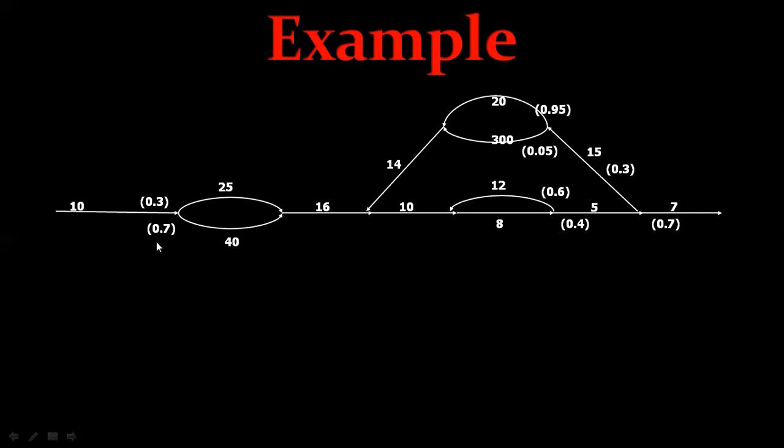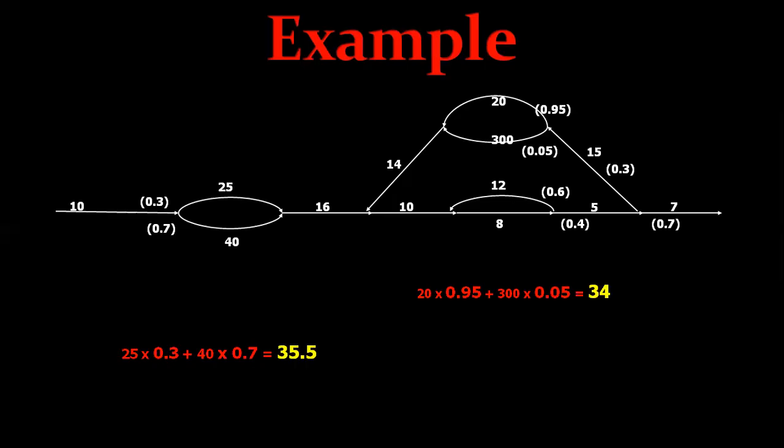Now we have to combine the parallel links for the outer loop. By combining the parallel links of the outer loop, the result is the mean of the processing time for that particular link, since there are not any other links that leave the first node. So here it is 25 into 0.3 plus 40 into 0.7, which is 35.5. So this link, from here to here, will be 35.5. The same thing, if we apply here, it is 20 into 0.95 plus 300 into 0.05, which is 34.